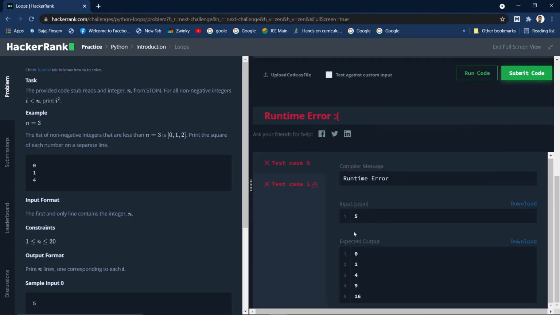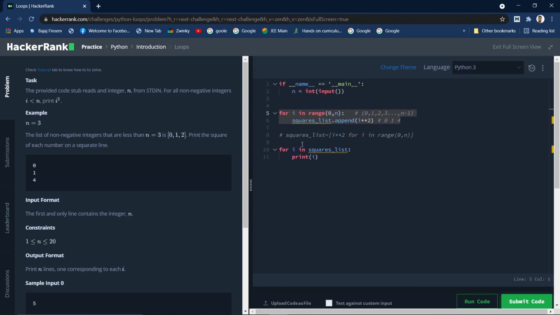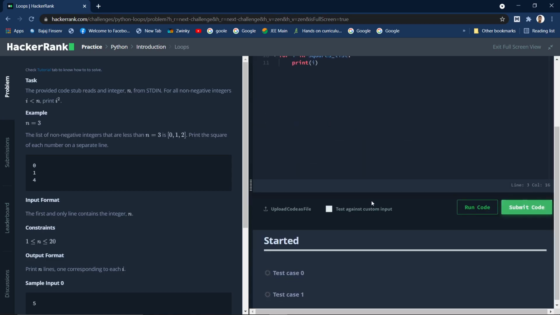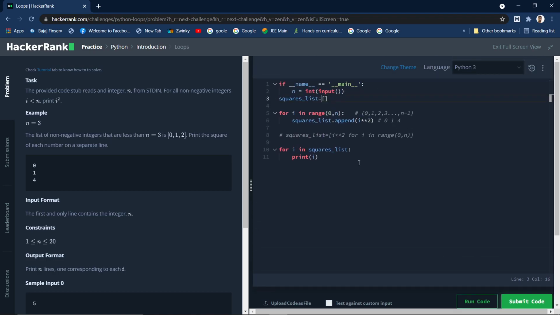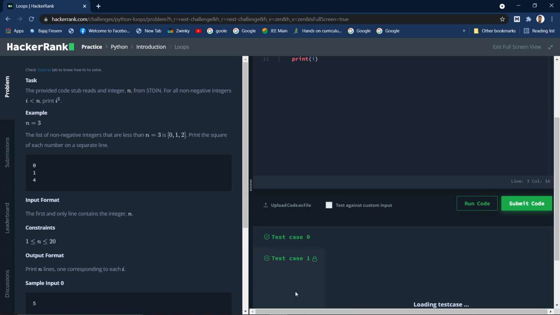Expected output, yeah, the problem was because the squares list was not defined. Now let us run and see. Yes, both the test cases have been passed.